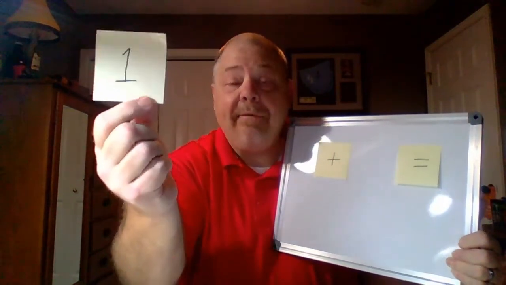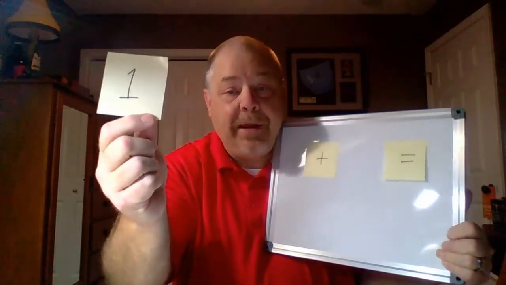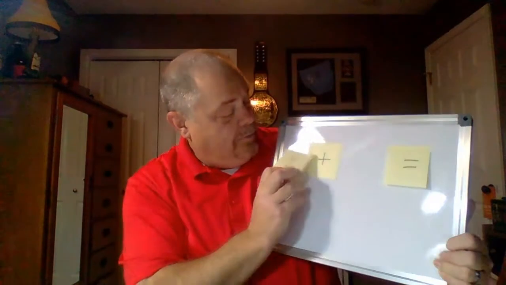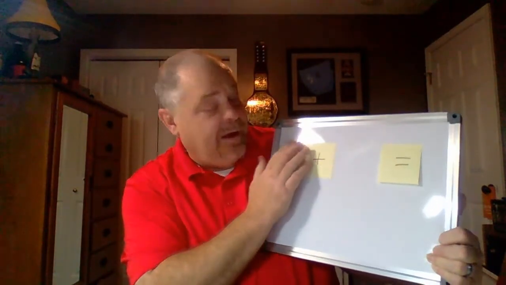1. Okay, I have a question. What do we call this? We've talked about this. What do we call this in Spanish? Uno. That's right, uno. Uno means 1. So let's put that right here. So we've got 1